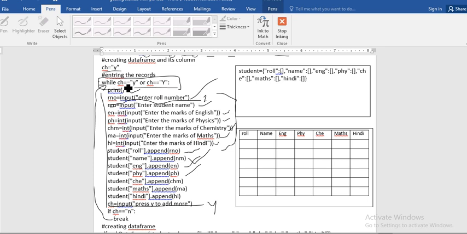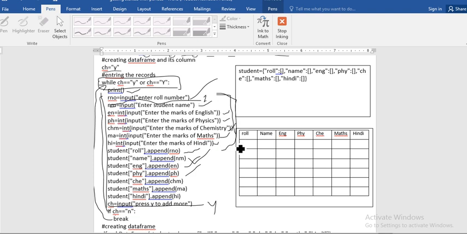If you enter y, the constant y in ch, it will again check ch double equal to y, which means the condition is true, and again these statements are executed. Means roll number, name and marks of English, physics and so on.